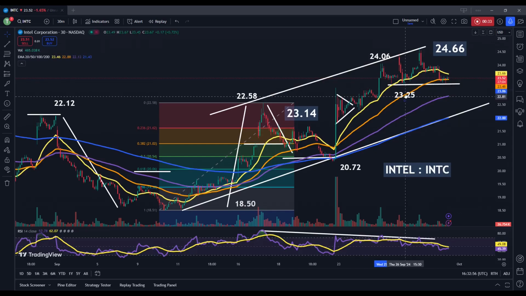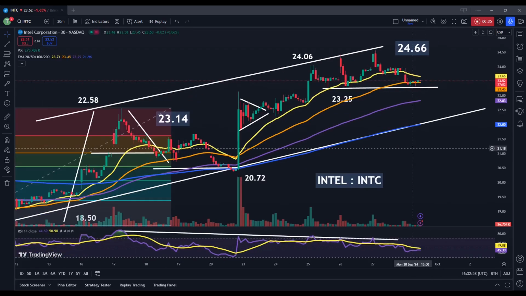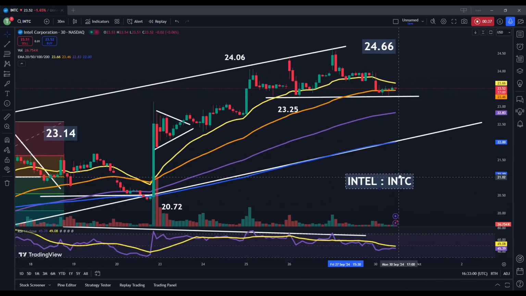So as we can see here, we're starting to see a bit of a drift lower into the beginning of this trading week. Here we're looking at the 30-minute price chart, which means that each candle on this time frame represents a 30-minute trading period. And we're falling right back into the support zone that we were watching